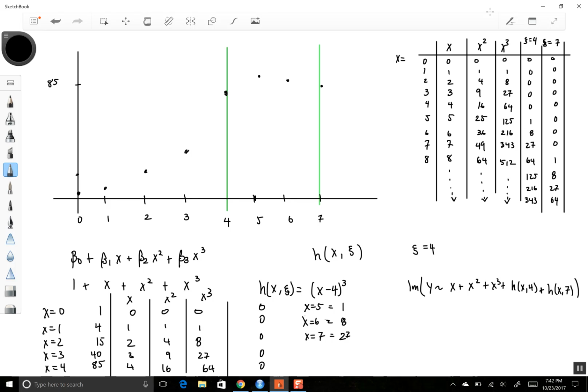Okay, so how many knots do we need, and where should the knots be located? Basically, the knot gives it a certain amount of flexibility, right? So the knot increases the amount of flexibility in that zone. So when you're looking at the function, you might say, well, we should put a knot around here because this is where the shape seems to be the most flexible. And we can also use cross-validation between the degrees of freedom that we're using and